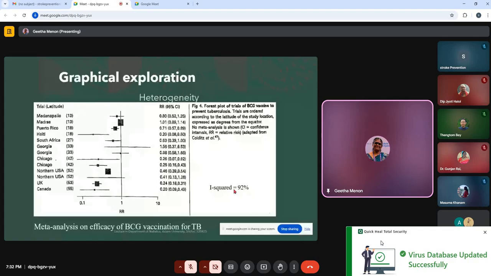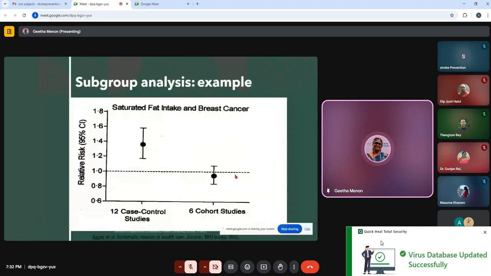But otherwise, if you combine all of these studies together, then the I square value stands at 92.92%, which is highly heterogeneous. This is another example where the study was to see whether saturated fat intake